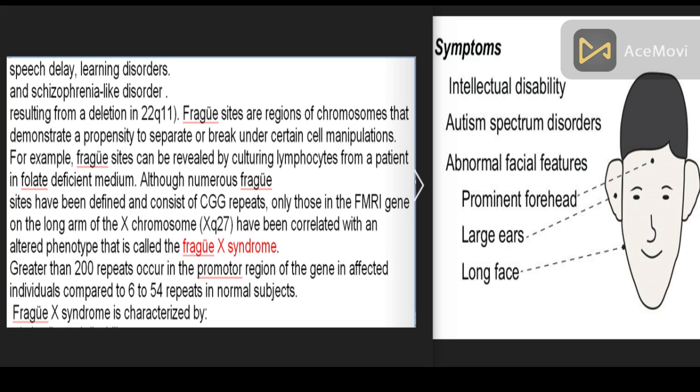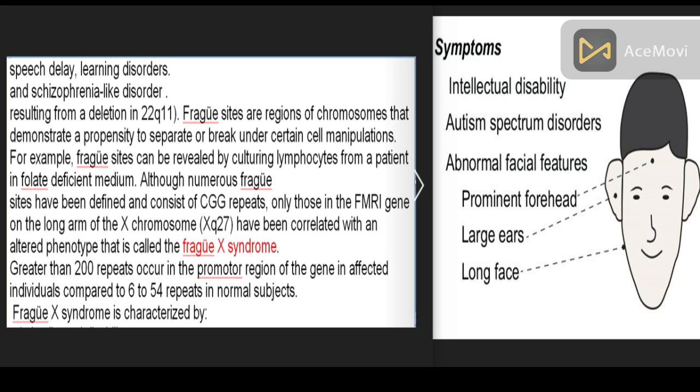Fragile sites are regions of chromosomes that demonstrate a propensity to separate or break under certain cell manipulations. For example, fragile sites can be revealed by culturing lymphocytes from a patient in folate-deficient medium. Although numerous fragile sites have been defined and consist of CGG repeats, only those in the FMR1 gene on the long arm of the X chromosome, Xq27, have been correlated with an altered phenotype that is called the Fragile X syndrome. Greater than 200 repeats occur in the promoter region of the gene in affected individuals compared to 6 to 54